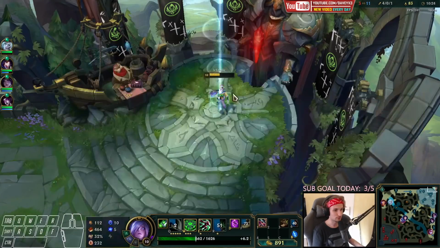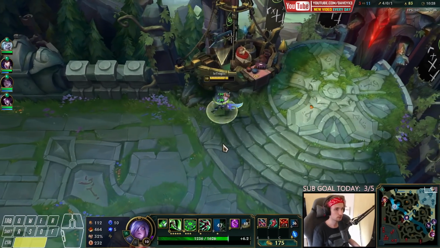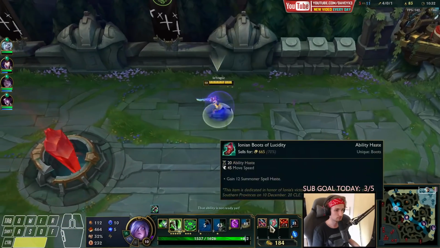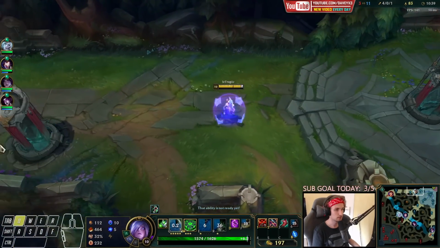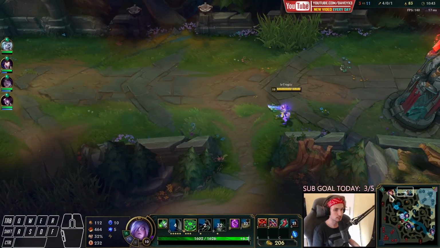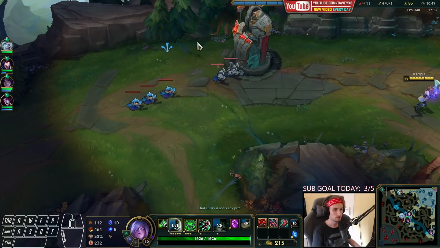Let's go for Goredrinker. I'll get Lucidity Boots, ward, and we don't need a potion, so we can just... We don't need that. Let's go back top again. Would like to take the rep off, actually. I'd be very happy with that, but...